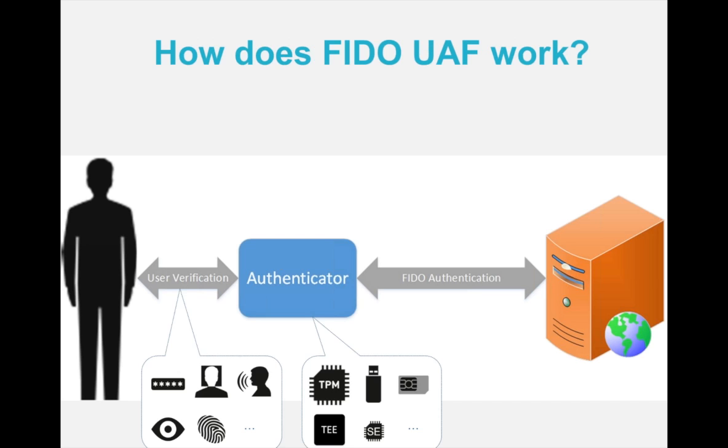One piece, on the left-hand side, is what we call user verification. This is a method by which the authenticator makes sure that the user is the user who originally enrolled with the authenticator. And the second is what we call FIDO authentication. That's a standardized protocol which the authenticator uses to authenticate to a server. With that kind of separation, we gain a lot of flexibility. For example, we can implement completely different user verification methods. There could be a PIN-based method the user uses with the authenticator, but the authenticator would still use the standardized FIDO authentication protocol to the server.